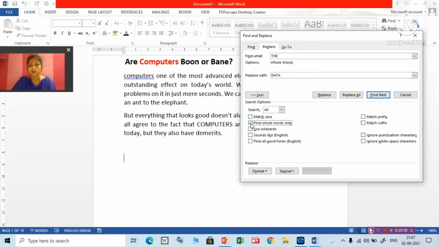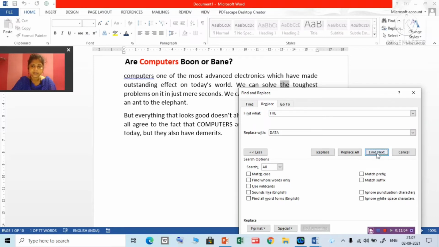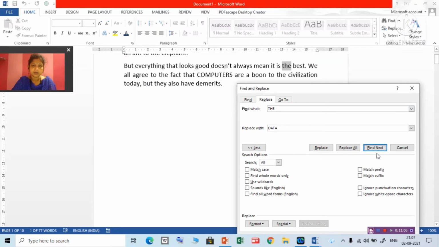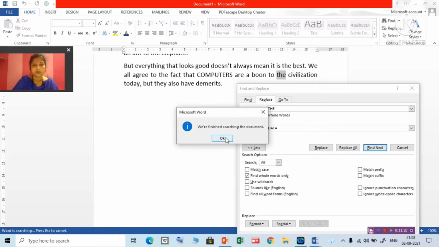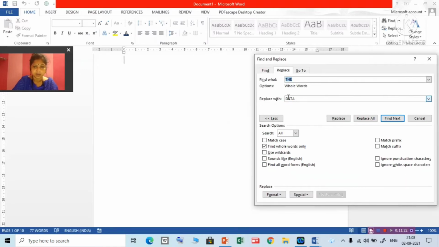If you do not select anything, it will show you wherever it is present, including words that begin with the first three letters T-H-E. But if you select Find whole words only, then it will show only the whole word you are searching for.